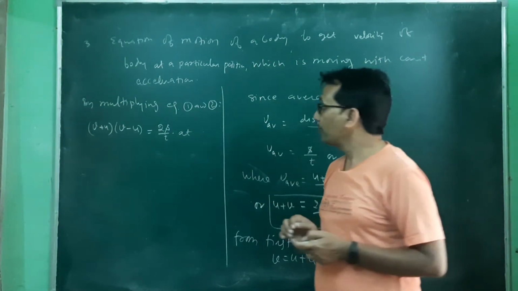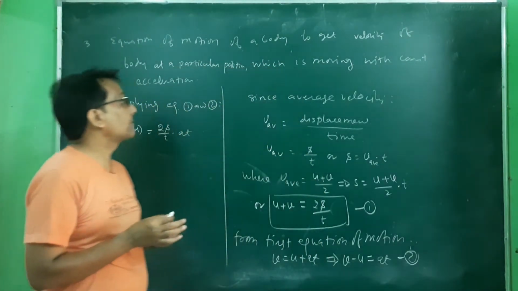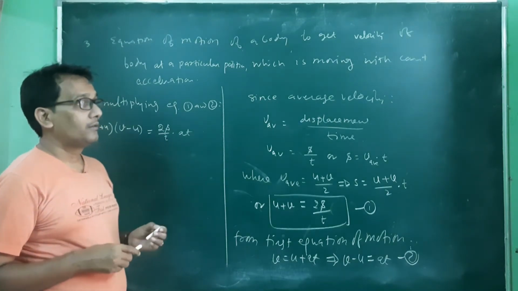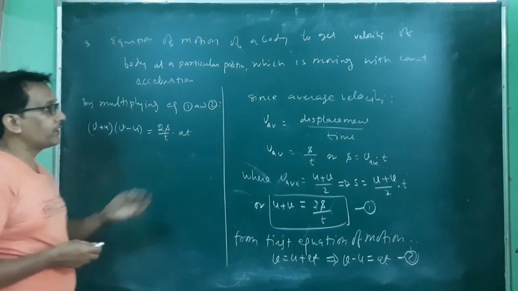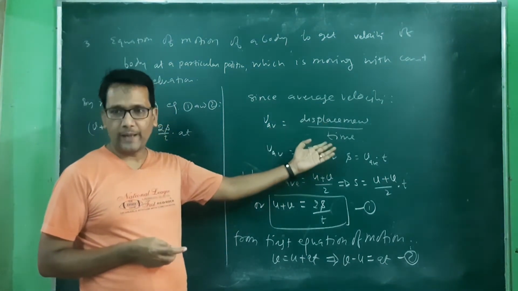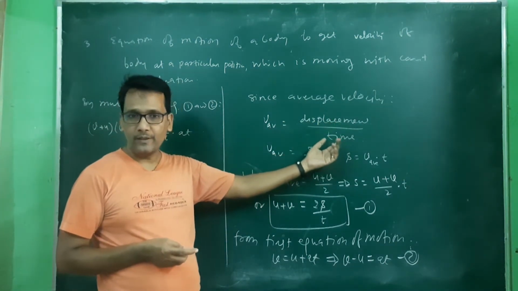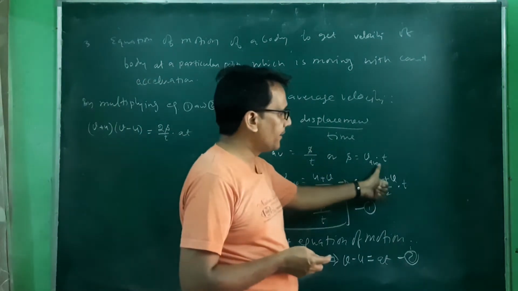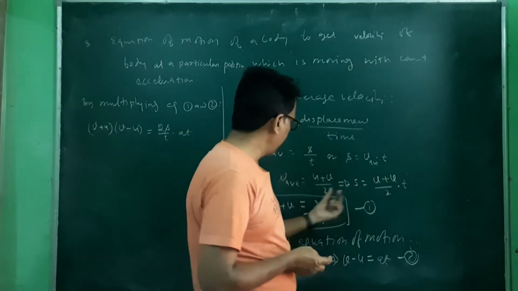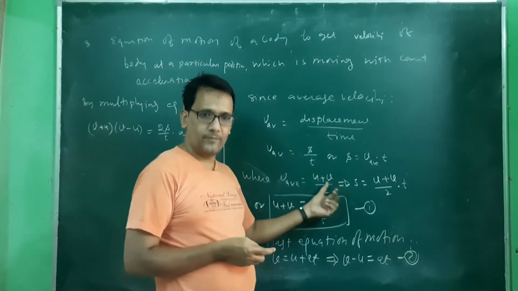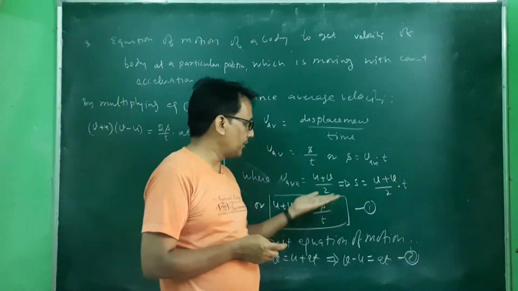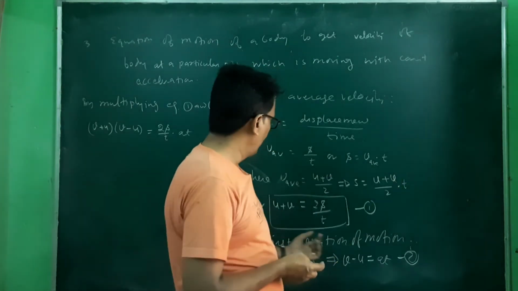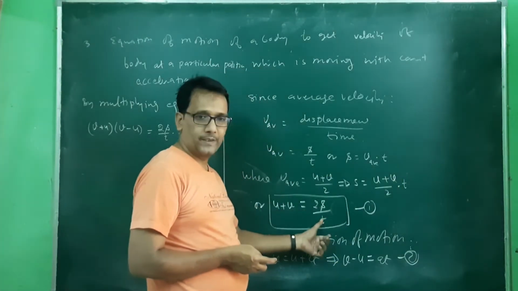So in order to derive this third equation of motion, which is actually the equation to get velocity after covering a particular distance, first we will define the average velocity, which is distance upon time, and here displacement upon time. And displacement we are representing by s here. So s is equivalent to v average multiplied by t, but this v average can be formulated as u plus v, or v plus u by 2, just averaging. So s is equivalent to this. First we will solve this for v plus u. So u plus v or v plus u is equivalent to 2s by t.